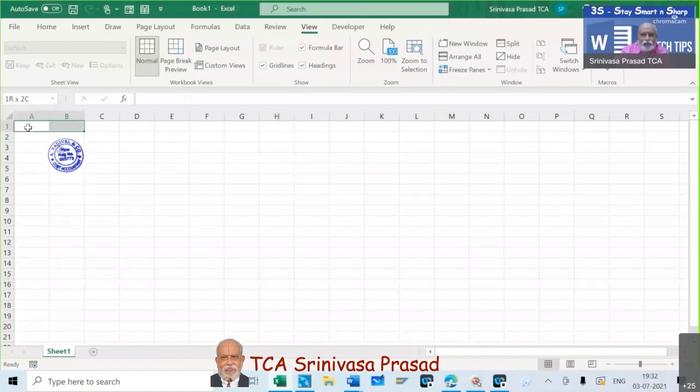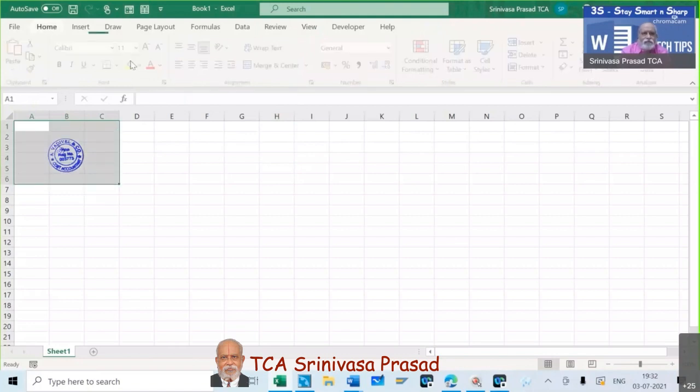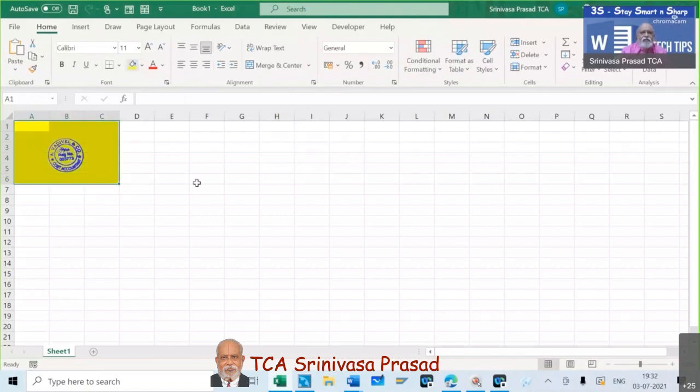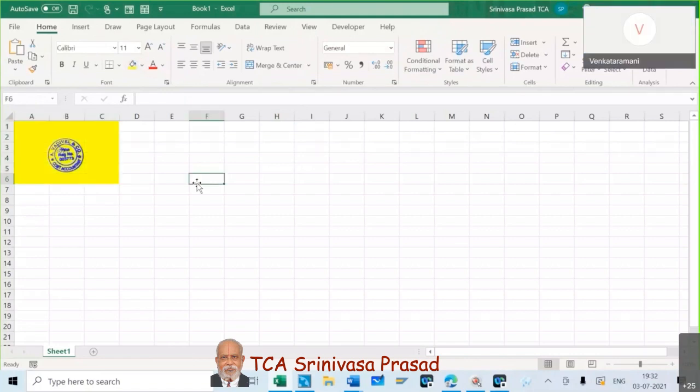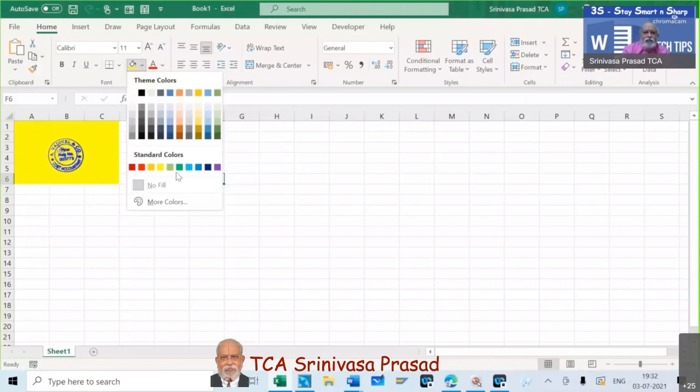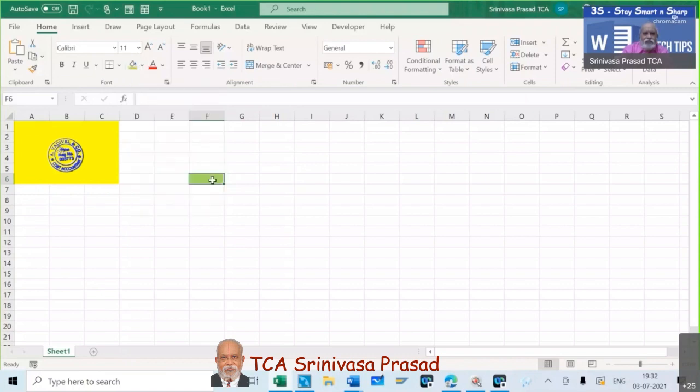With a normal picture, when I make a colored background, now you just see, sir. In a normal picture, if you have taken a scan, the background will be white only. In the yellow background, within a white square, this picture will be available. Now it is not like that. It has totally become transparent. Whatever color I give at the background, this adjusts to it.